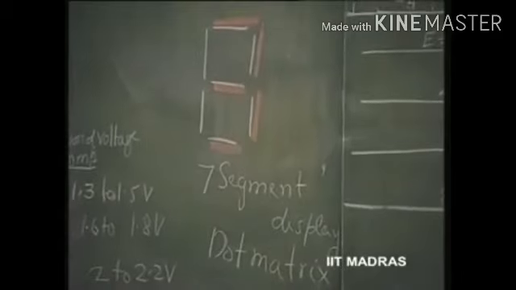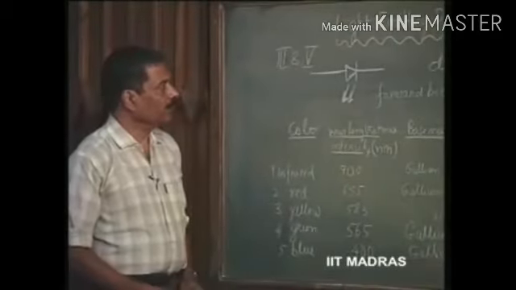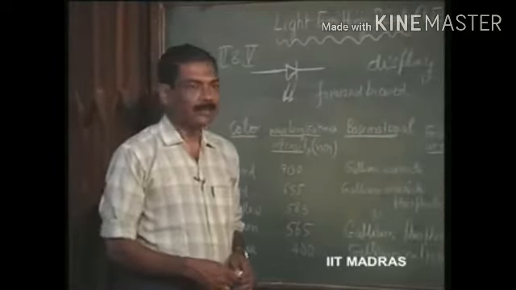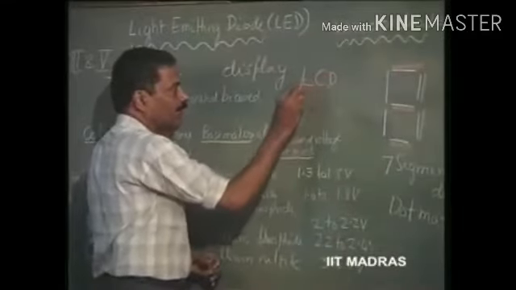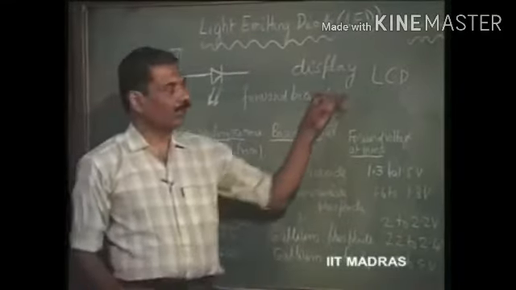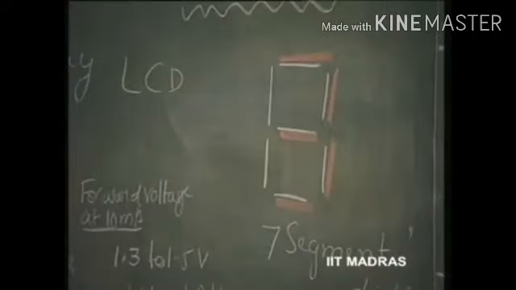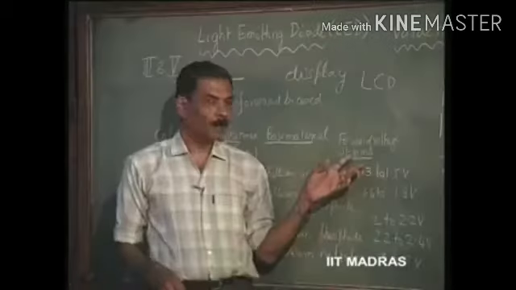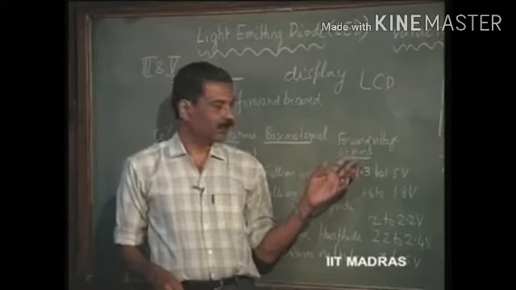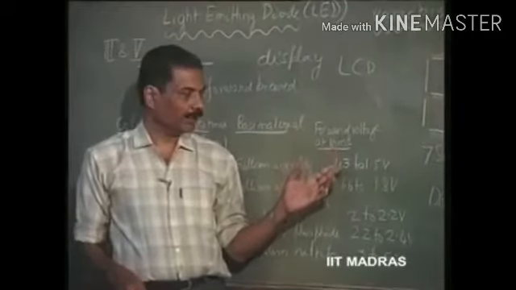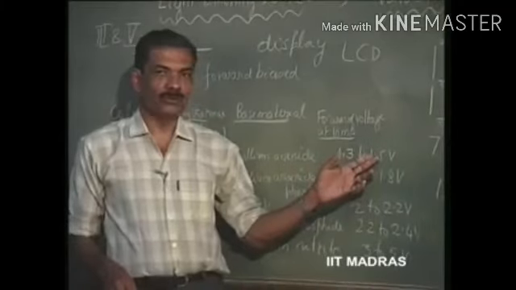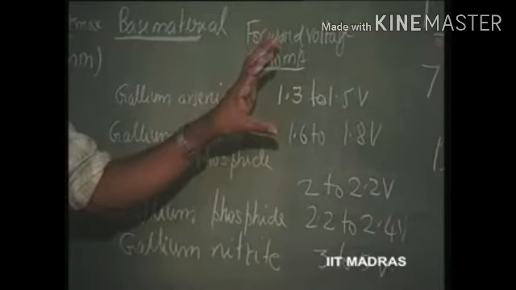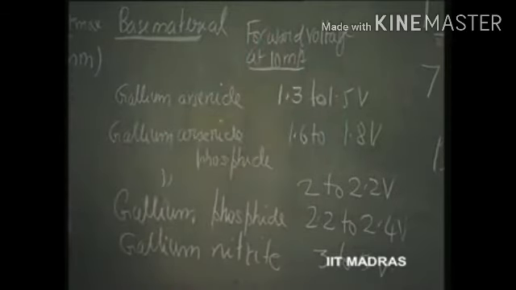but slowly these displays are getting replaced by what are called LCDs. These have nothing to do with diodes. These are called liquid crystal displays. However, primarily the reason is you can see the amount of power dissipated, 10 milliamperes into let us say 1.5 volts is going to be 15 milliwatts, just to sustain an LED. So, it consumes too much power.